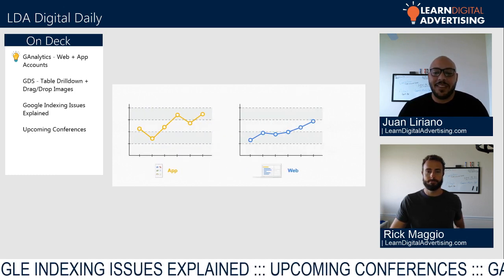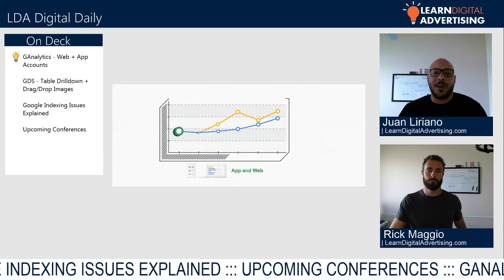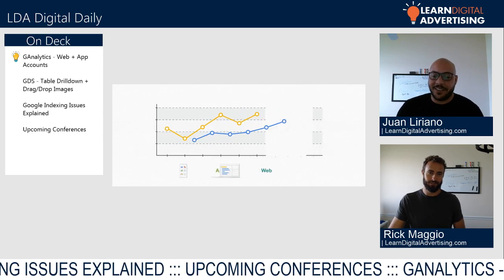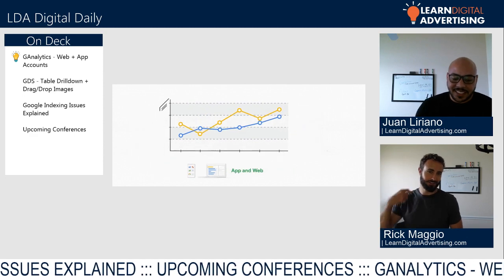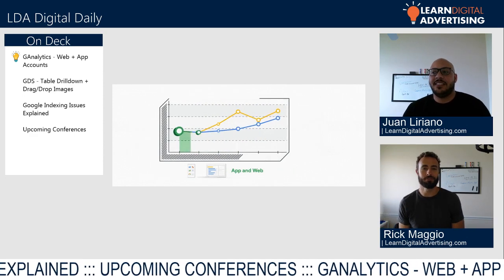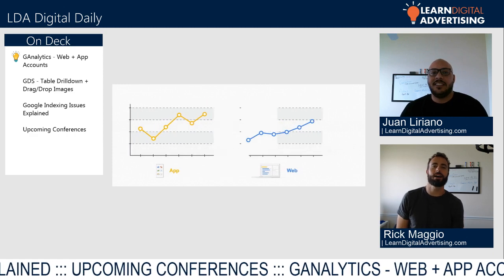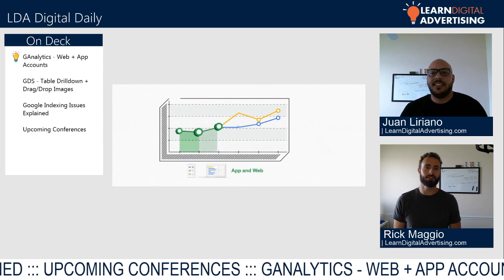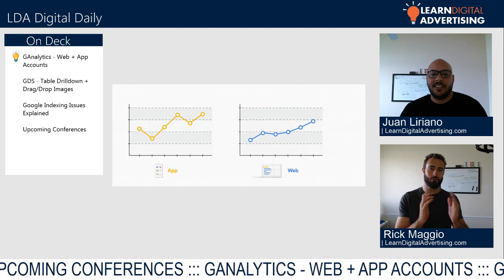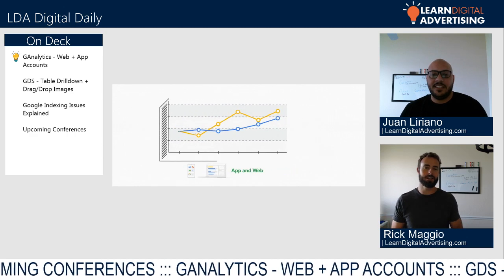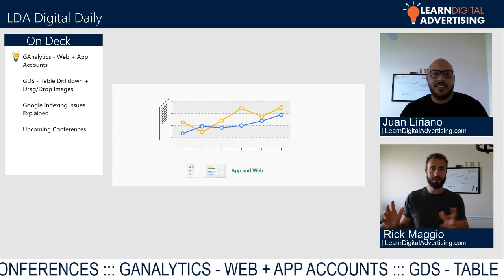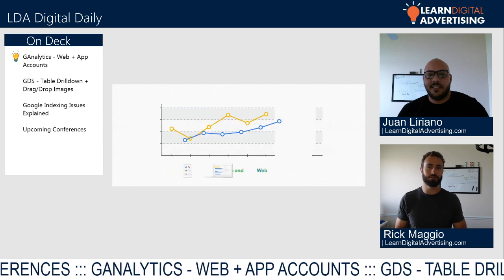Got a couple of news updates coming up for you. First one up, we got Google Analytics combining web and app analytics. All right, and this is really cool. We started seeing this pop up last week, and then we read a little bit about it from the Google blog. What Google's doing now is a different type of property you can set up in Google Analytics. In the past, you could either choose a web property or an app property, and now Google has an option to merge the two and choose a web and app property, which is really cool.